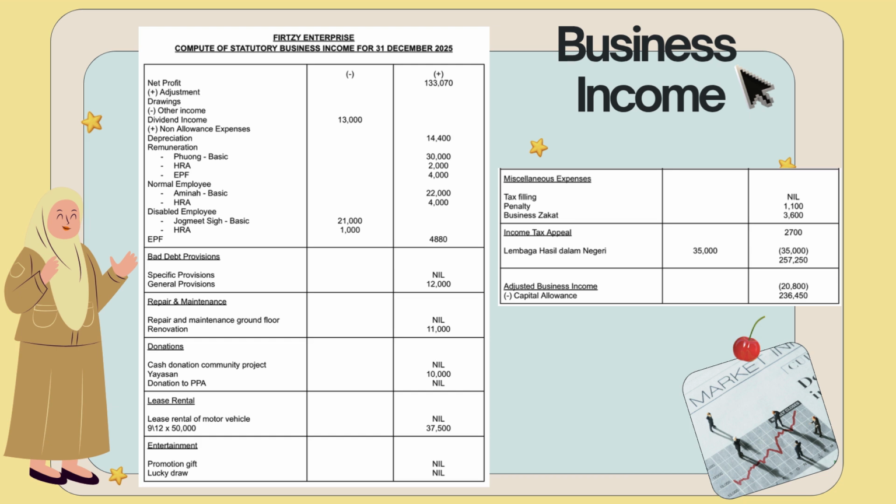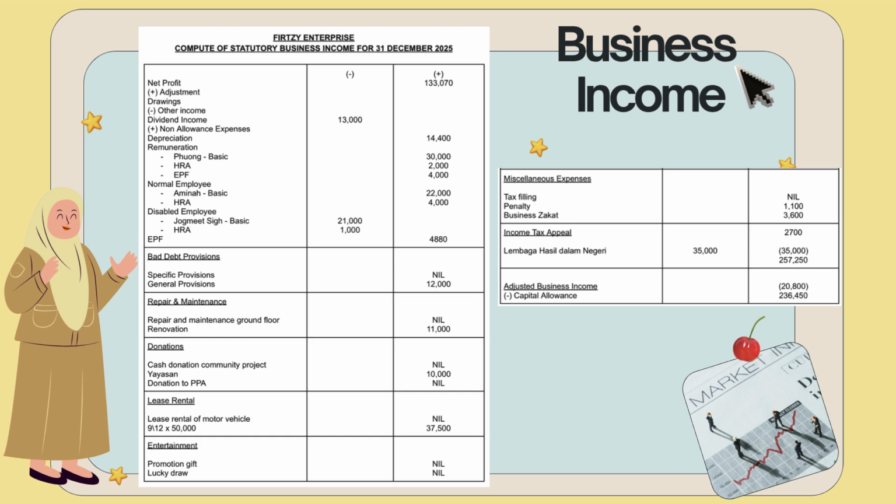Next, I will explain the computation of statutory business income for FTSE Enterprise for the year ended December 31st, 2025. We start with the net profit of RM 133,070. Then, we make tax adjustments by deducting non-taxable income, which is the dividend income of RM 13,000. Next, we add back non-allowable expenses such as depreciation, remuneration for the owner, general provision for bad debts, renovation costs, donations, motor vehicle lease rental, penalties, business zakat, and income tax appeal expenses because these are not fully deductible under